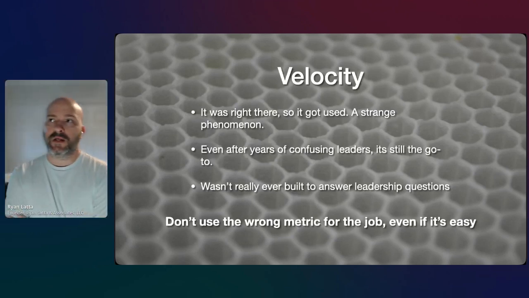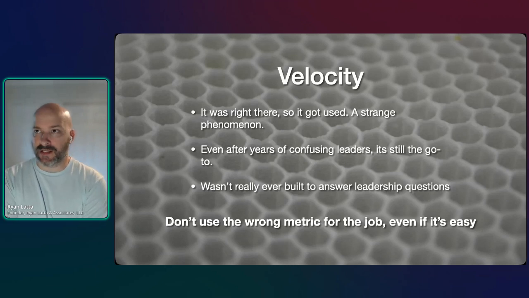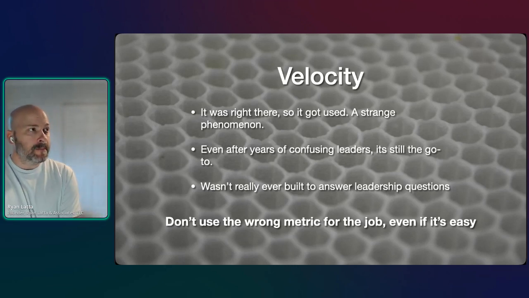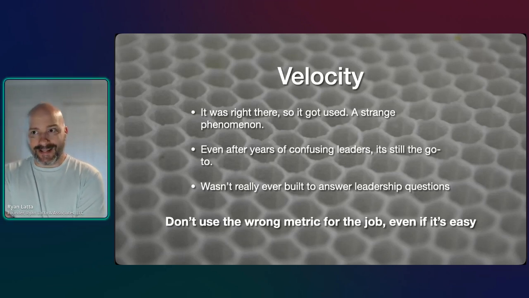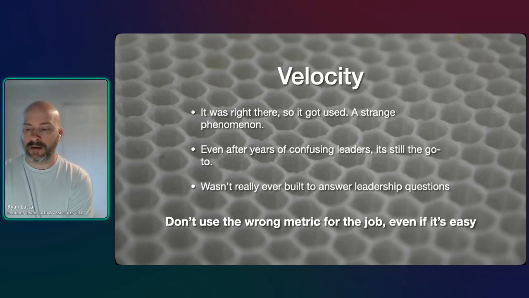Velocity is one of these interesting examples that to me exhibits this phenomenon in a lot of companies with a lot of leaders, which is to say they tend to gravitate towards the metrics that are easy to get to and easy to use. Velocity came installed with every agile tool as a part of the whole agile industry for the past couple decades. We all were told to use velocity, and it became just right there. We were also told that we can use it for all these great things. But we also experienced that it didn't work out.